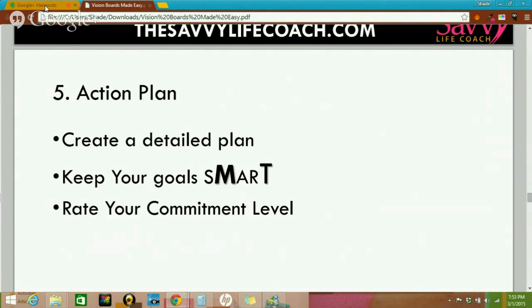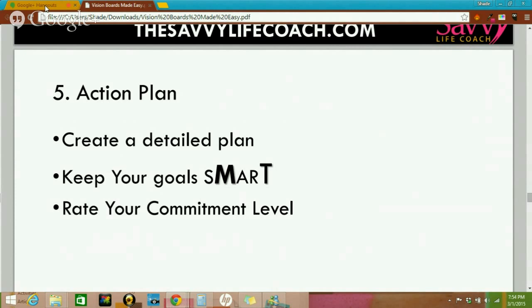So if I want to lose some weight, or I want to live a healthier lifestyle, I want to drink more water, eat a salad a day, I need to put a timeline on how long that's going to happen. Because it's a lifestyle, it's going to be a continuous thing. But if you want to measure a goal like, I want to lose maybe 10 more pounds or 5 pounds, I can measure that and within the next month, by spring break. That's my timeline. So I'm being very specific. And then I have the how I'm going to make this happen by having my salads and my smoothies and walking and exercising and loving and living what I do. So those are some things that I can use to get to my goal.